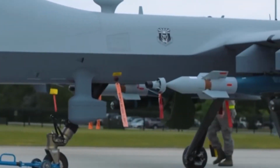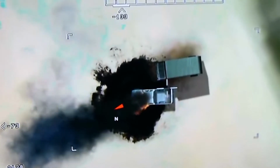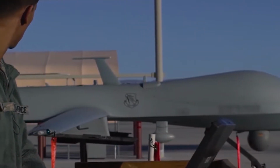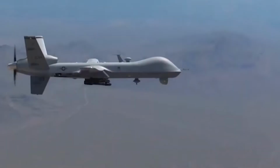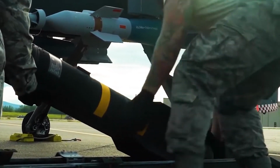Reaper drones carry laser-guided bombs and other types of air-to-surface missiles to serve the US Armed Forces. They can fly for over 1,000 miles and operate non-stop for 14 hours. The UK, Netherlands, France and Spain Air Forces also use Reapers. A Reaper costs about $32 million per piece. Now that it is clear what types of military drones there are, let's dive into some of the most expensive